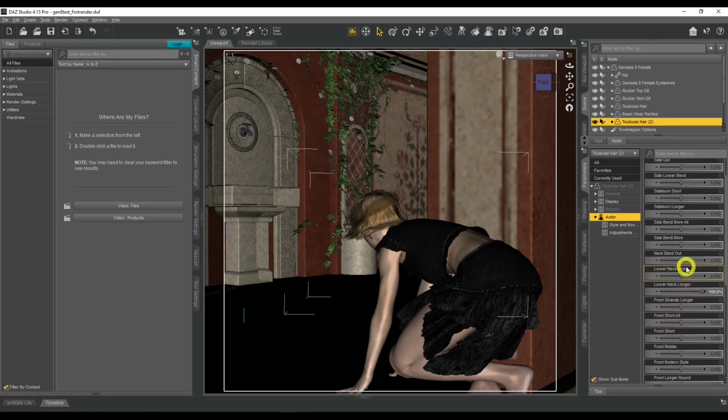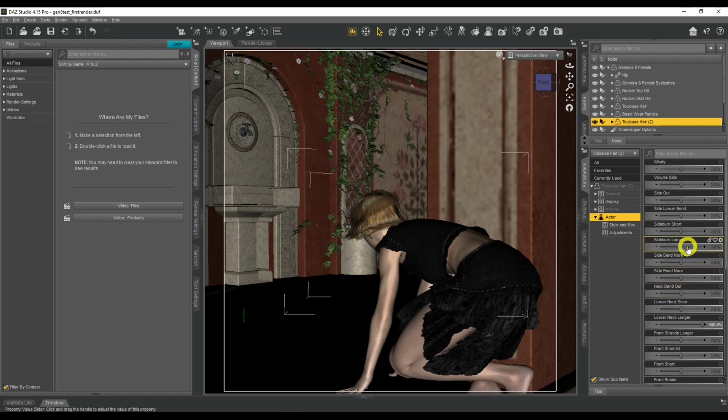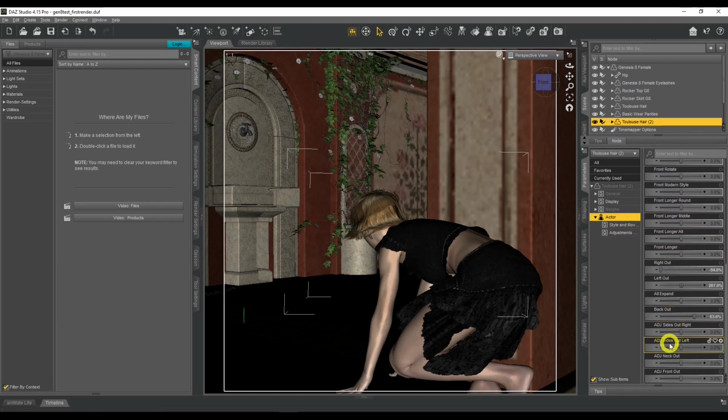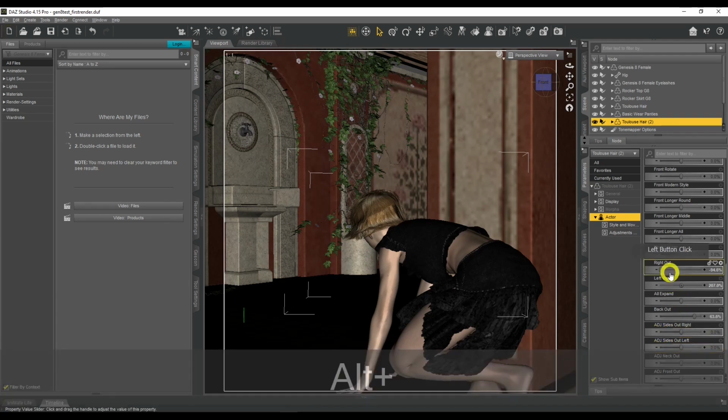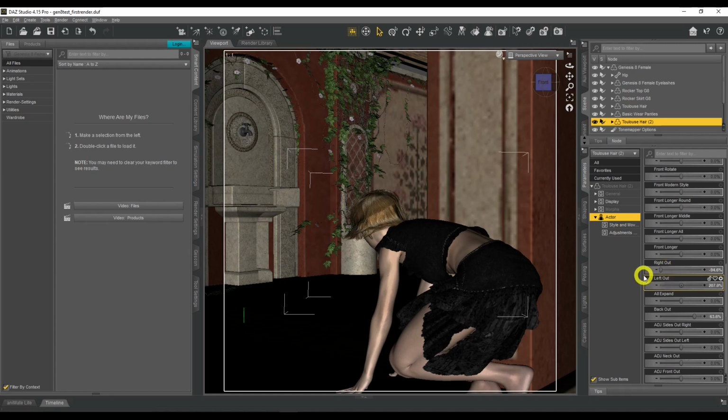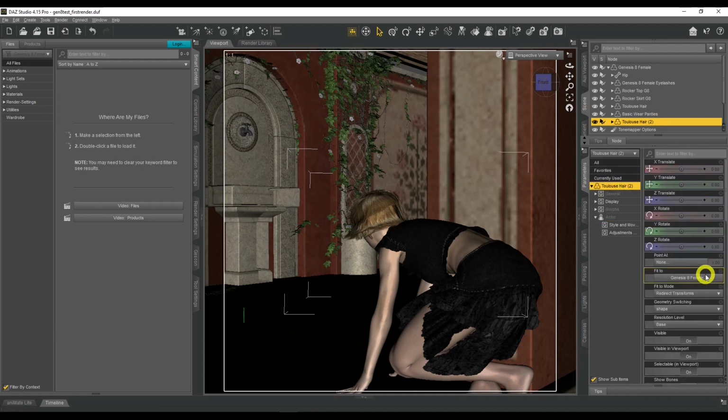So if I have a look here, there is a setting here, adjust sides out left. No. I want to make this longer here. It doesn't look good enough. So what I'm going to do is increase the size. I'm going to go to Toulouse here, all the way up, and where it says fit mode, I'm going to change that to allow auto form transforms. That's going to allow me to